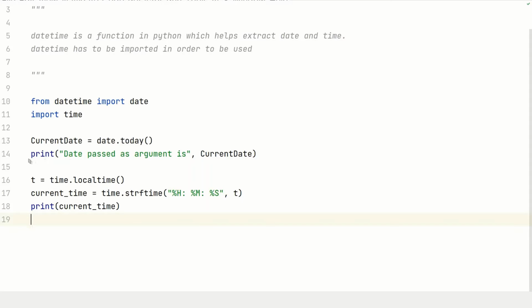So let's look at the date first. Right. So now in the date, it says that current date is date.today. So that basically means that I'm extracting today's date. Then I'm saying print date passed as argument is, but we can change that. We can change this to, let's say,